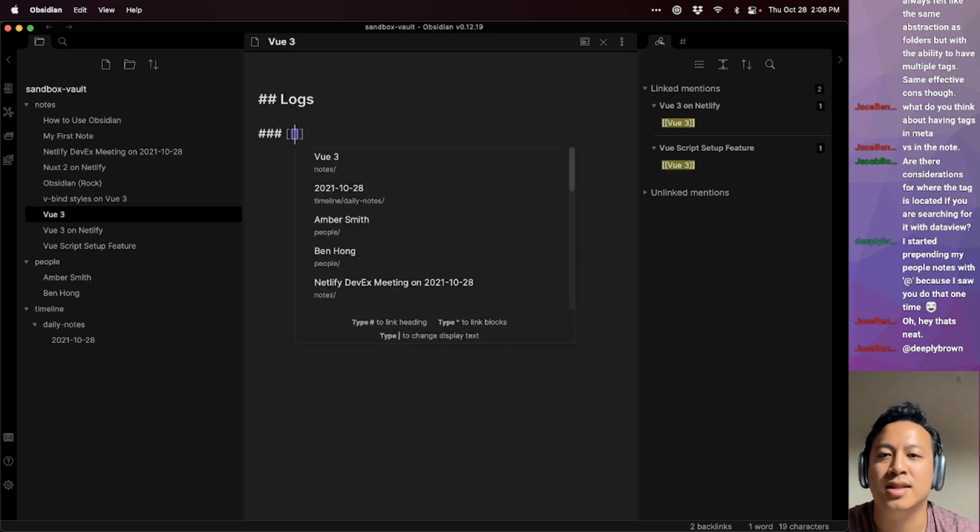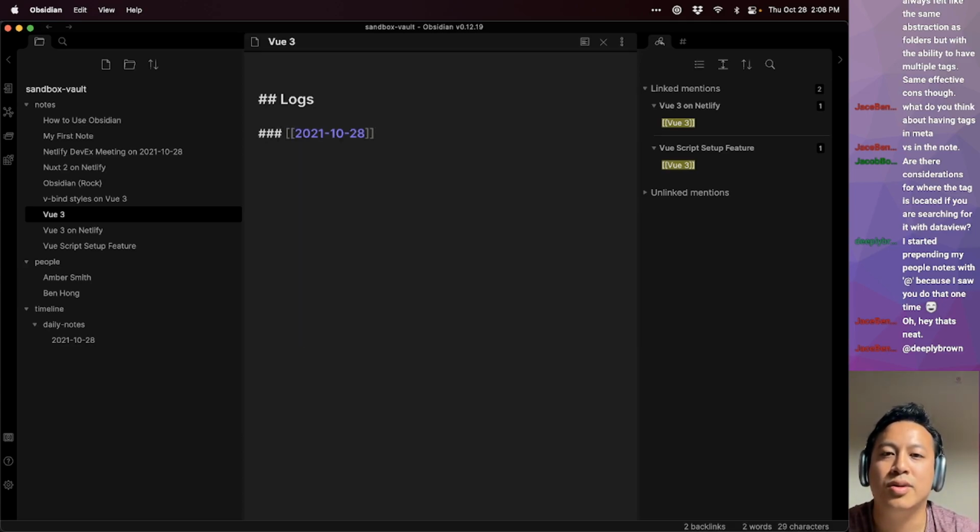And on today, right, on 10/28, I learned about script setup, and people really like v-bind styles on Vue 3. And then I can go through and say, okay, well, here, let's just say, for example, on the 30th, there will be a discussion about this